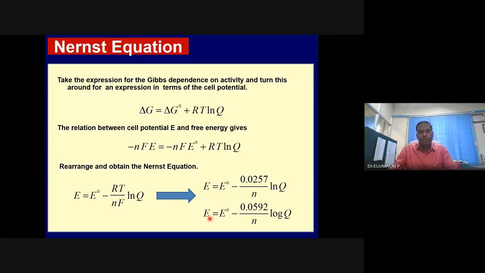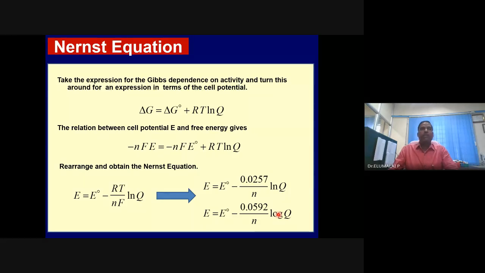Need not be STP or need not be at 1 mole. It can be 10 mole or 0.1 mole of analytes or reactant, anode, cathode, electrolyte, which will come here. Okay. So this equation is known as the Nernst equation, a famous, fundamental equation,